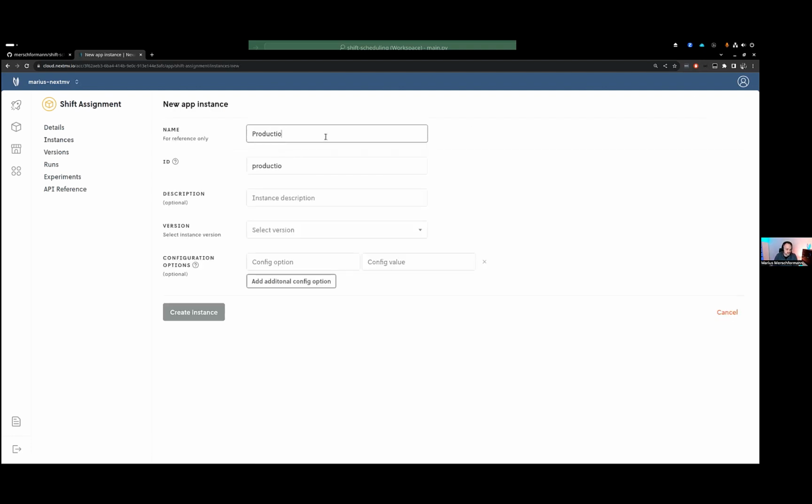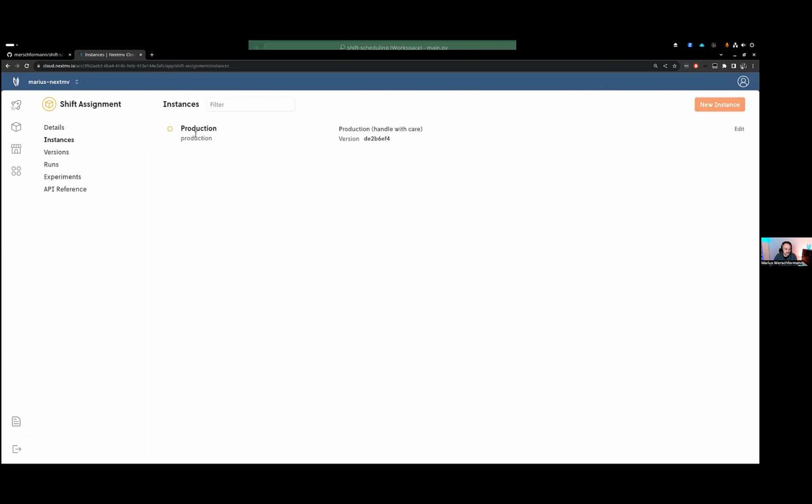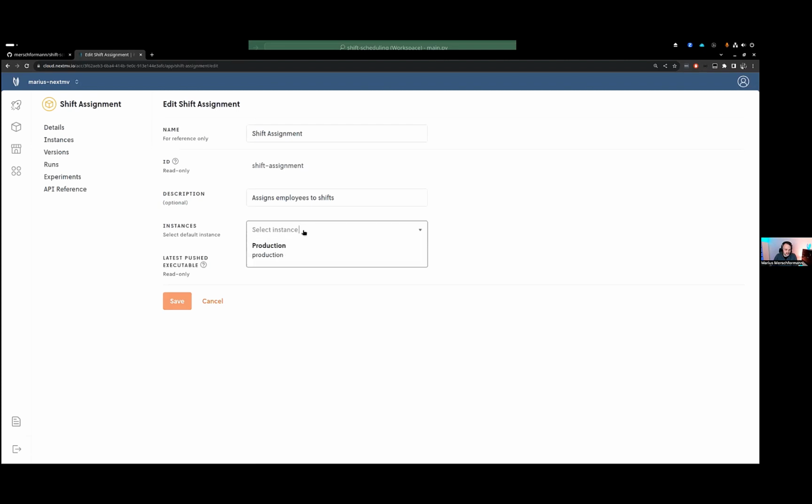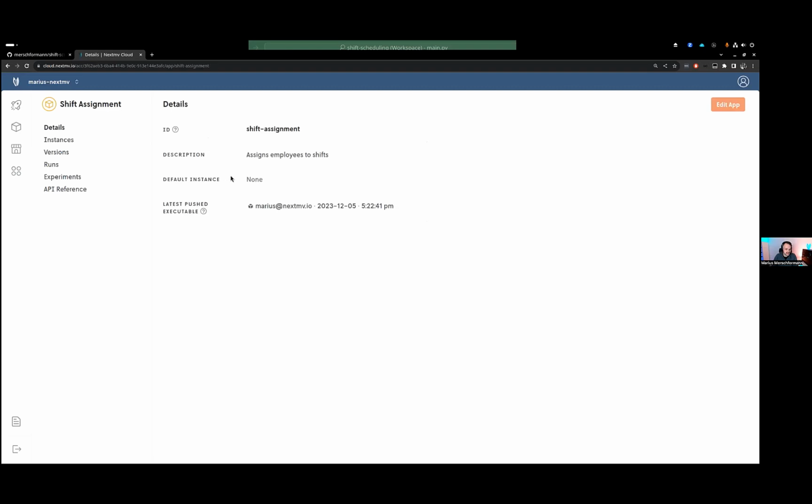So it's useful to have, for example, a production instance. So production, and obviously handle with care, please. And we're going to use this first version that I just pushed. Potentially configuration could go in here as well if your model reacts to that. We're going to ignore it for now. So I just created this production instance with its version. And I'm also going to edit the app, set this production instance as the default one. So if you make runs against this app without specifying the instance, they will go to the production instance, which